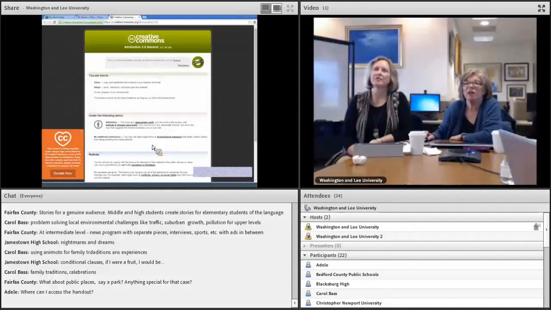And the other thing, there are no additional restrictions. Generally, with Creative Commons, you are not allowed to restrict your own production any more than what you're using is restricted.